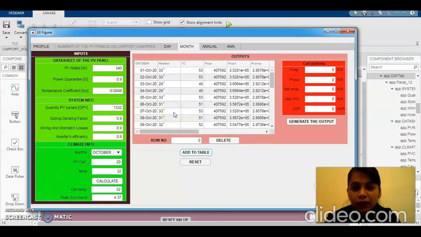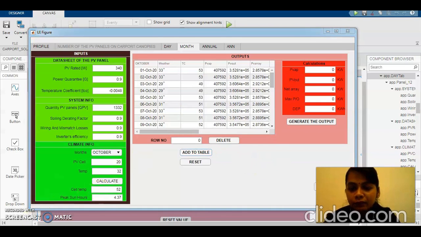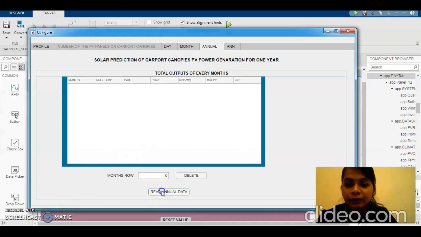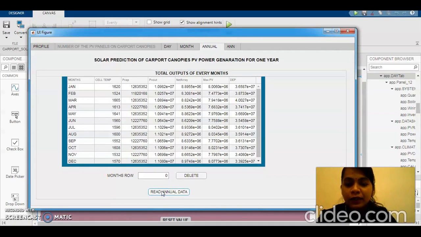then can see the October power generation, and this info button is mainly for the user to read the explanation and equation regarding this project. Okay, this is the prediction for the one-year total output for every month. The user can click read annual data, then it will read the table from January to December, the total output of every month. And the user can also delete the unwanted row. For example,